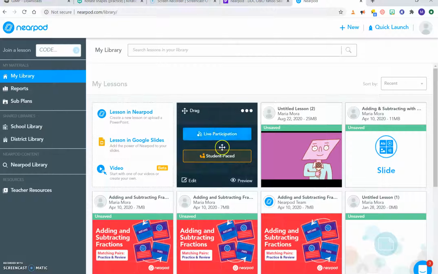Another really good feature is that you have the option to do student paced or live participation. Live participation means you're in the classroom, you're using the lesson yourself, and you're managing how fast or slow you want to pace through each slide. If it's student paced, the students control how fast they want to go through the slides and answer the questions. So it could be something you still want to do in class and kind of work with the students that are having more trouble, or it could be that you assign it for homework and then you can still see